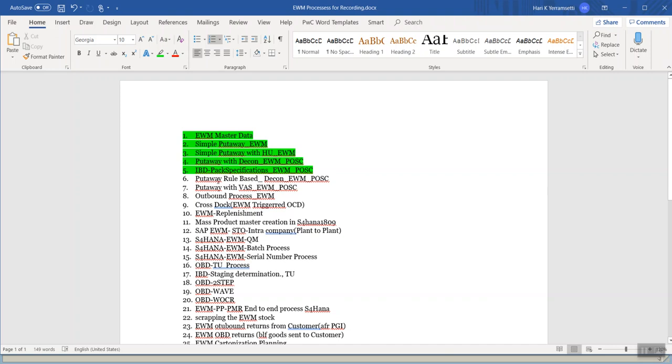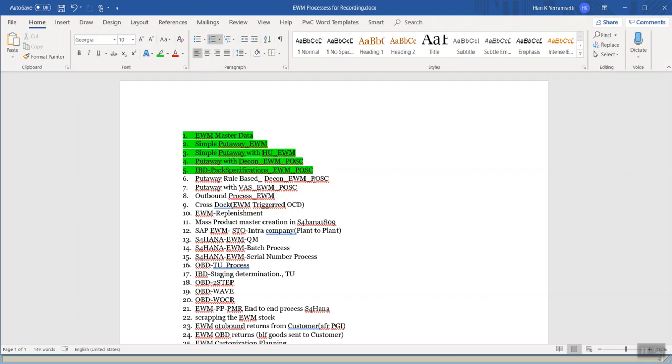So let's look at the rule based process tomorrow. That means now in our POSC we are assigning all source and destination storage types and storage bins. In EWM, when we are working with the POSC, some movements we can automate.